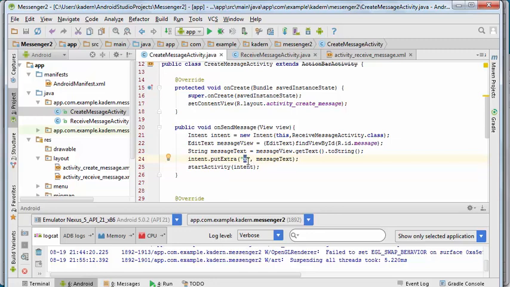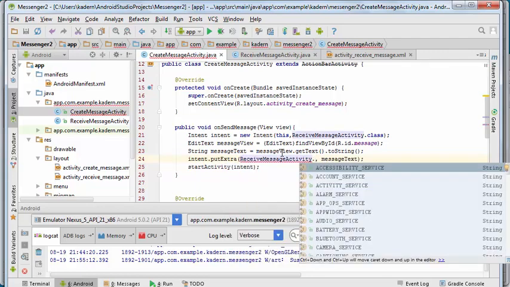So what they're doing in the book is they're going to create a static variable inside the message activity class. It's actually a static constant, and then we'll use that so that we don't have to worry about making sure that whatever we pass in here matches when we try and pull the values out of the intent. So this is going to cause an error right now because we haven't created the static variable yet, but it's going to be